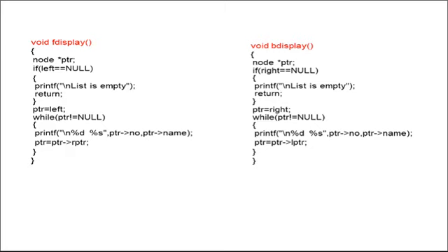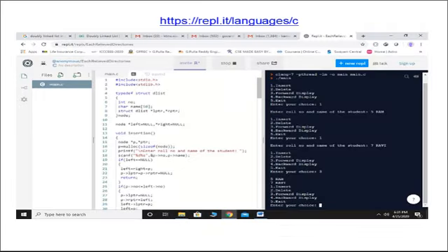So this is about the complete double linked list operations, and by using this URL you will get this online C compiler, write the complete code in the coding section in the middle box, and then click on the run button, then you will get the output in this box. So this is about all the operations: creation of the double linked list, insertion in the 3 cases, deletion in the 3 cases, and forward display and backward display.